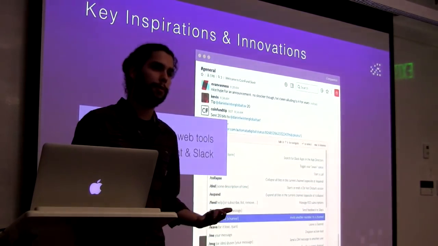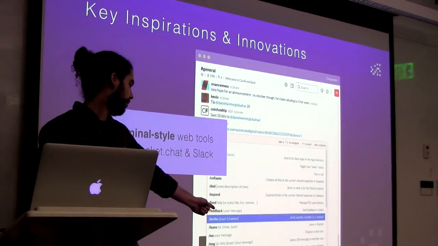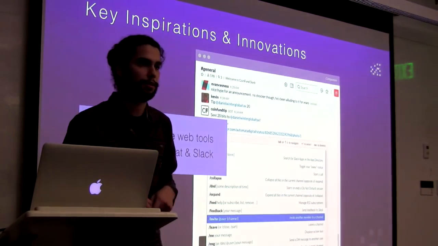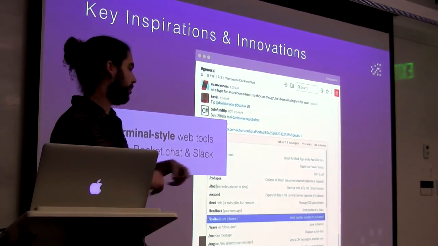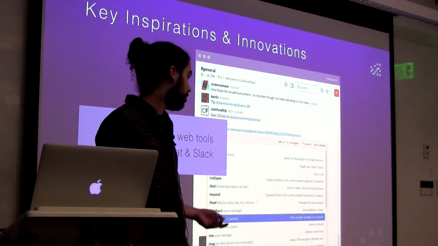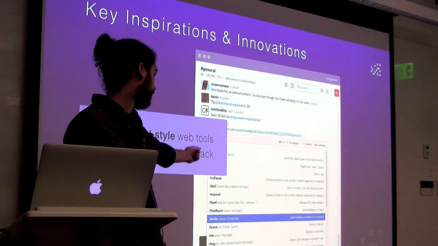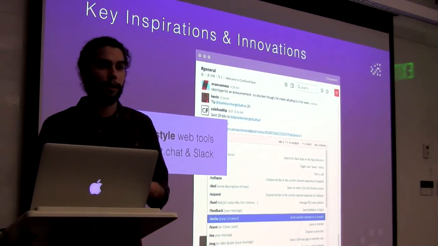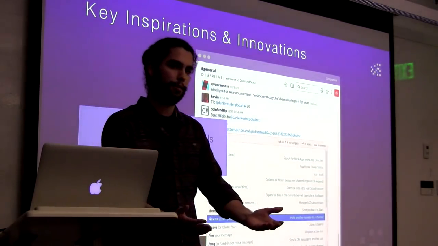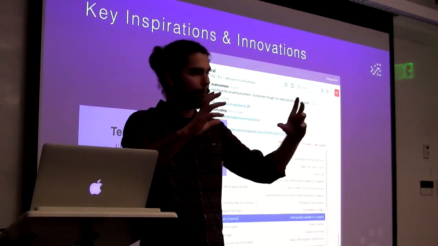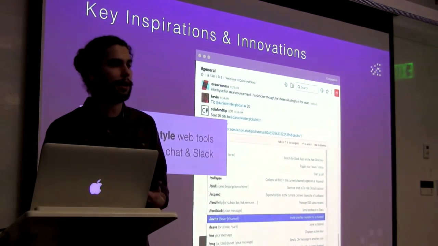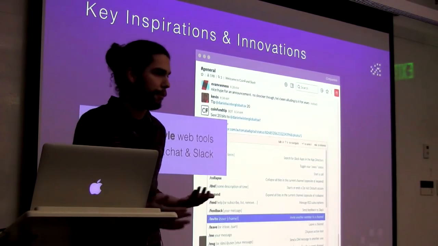But it's basically any web tool that is dominated by one text input box, and then the user uses commands, either structured or otherwise, to create effects in the environment. In this case, the environment is a shared social space, but you can do all kinds of crazy things like invite, expand, and all those things right there. And the idea of all of your interaction with the blockchain being dominated by one input box in a terminal style, I think, can unlock a lot of usability